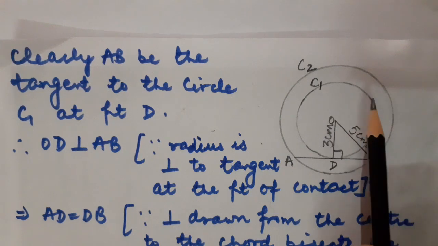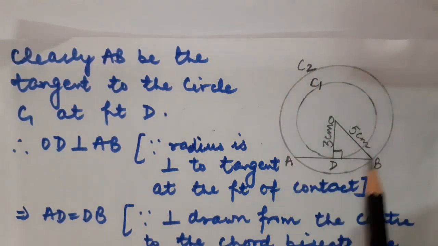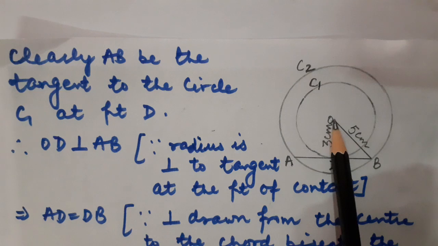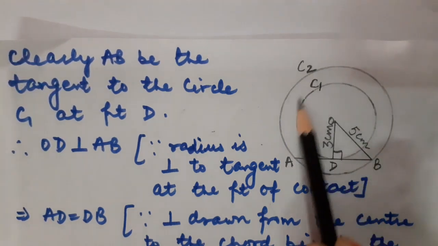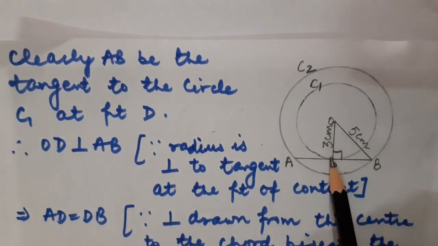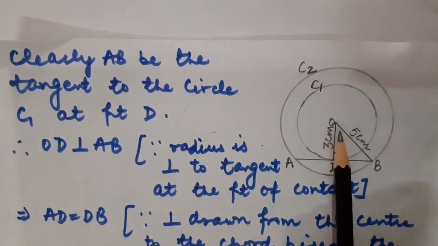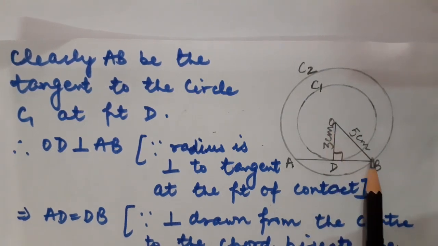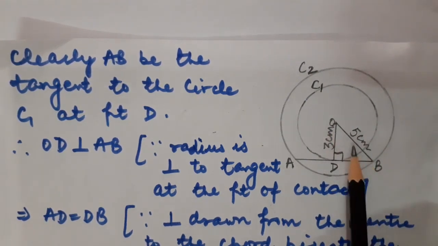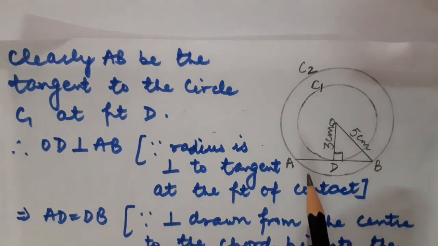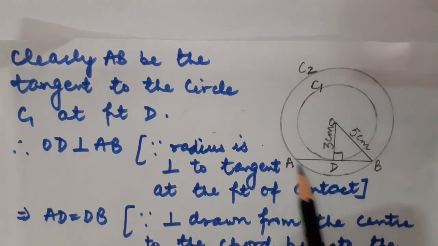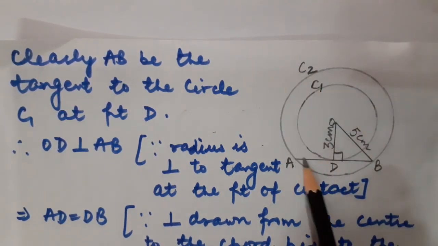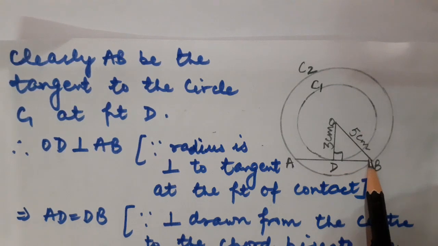Two concentric circles. One is C1, another is C2. They both have the same center point. Okay. The radius of the smaller circle, this C1, is 3 centimeter, and the radius of the larger circle, means C2, this is complete radius, right? So that is given 5 centimeter. What else is given? That there is a chord of the larger circle. Children, just have a look. C2 is the larger circle and AB is the chord of this circle. Look, this is AB. Fine.